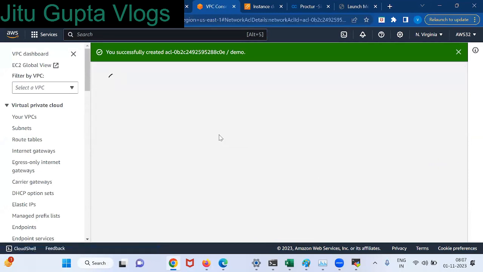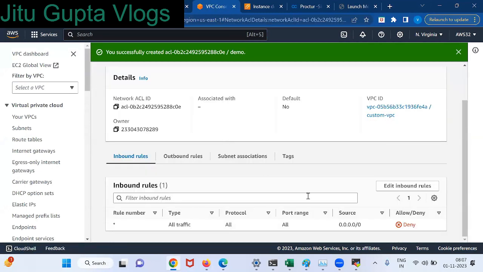If you open it, see, by default, allow or deny. There are two concepts in that NACL, allow or deny. What about security groups? Only allow. Is it clear? So by default, I have just created the NACL. I haven't done anything.